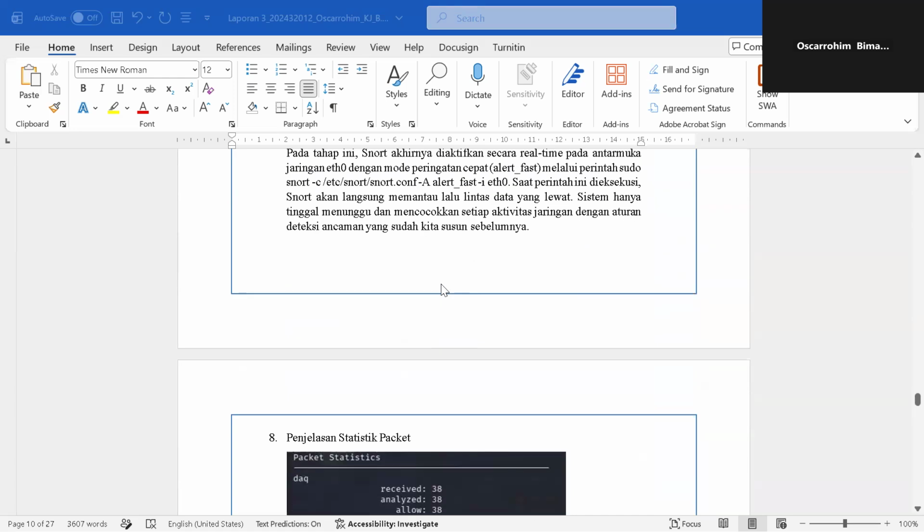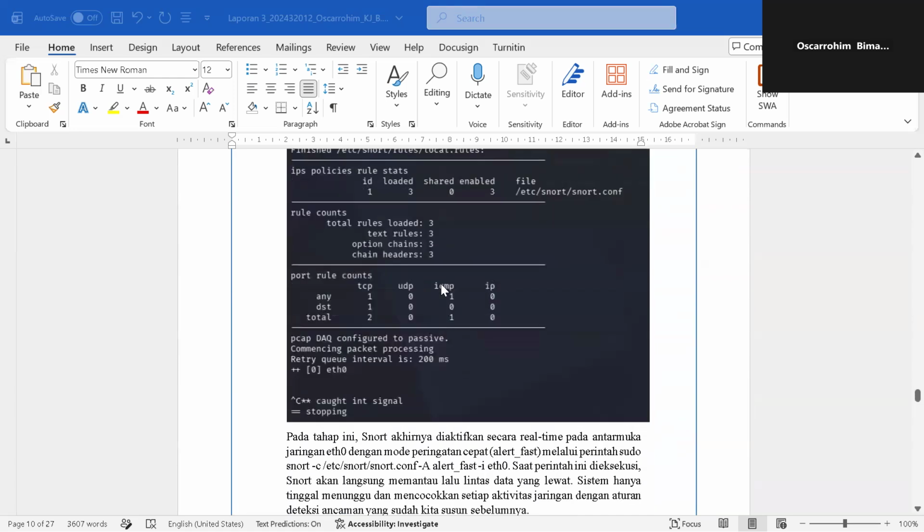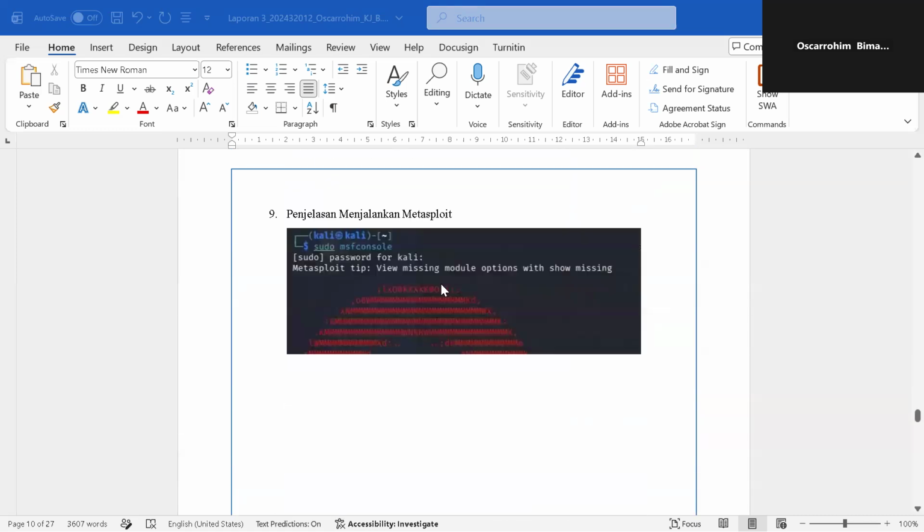The result was a success. The traffic was detected and Snort generated alerts based on the rules we wrote, clearly. So finally,